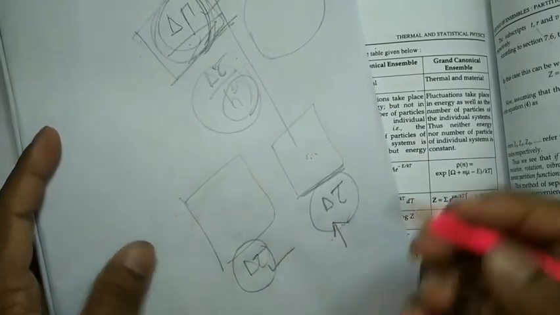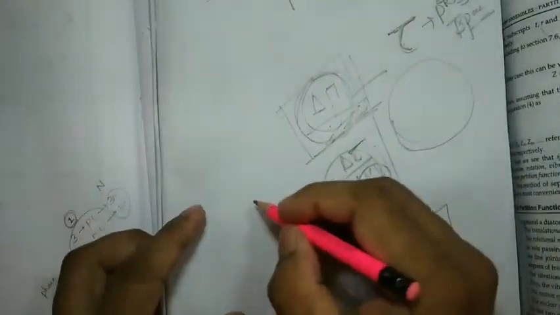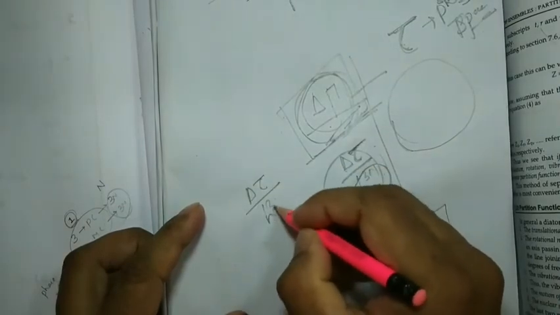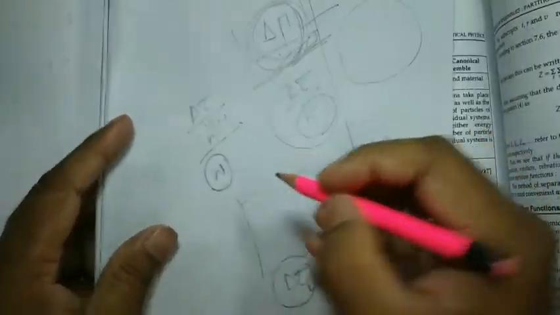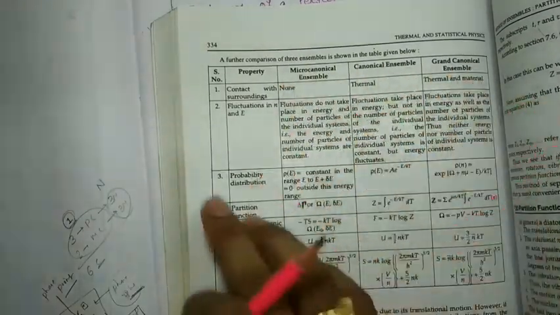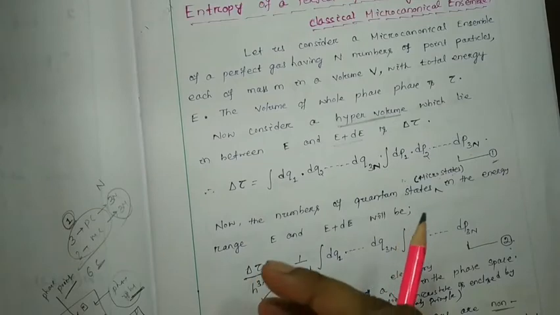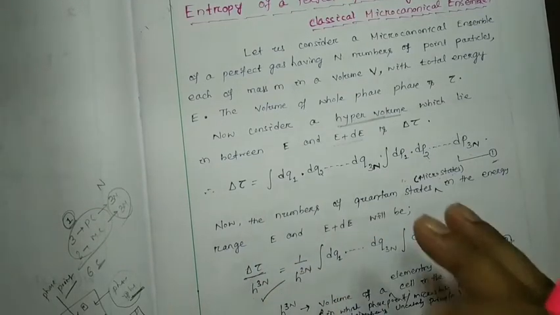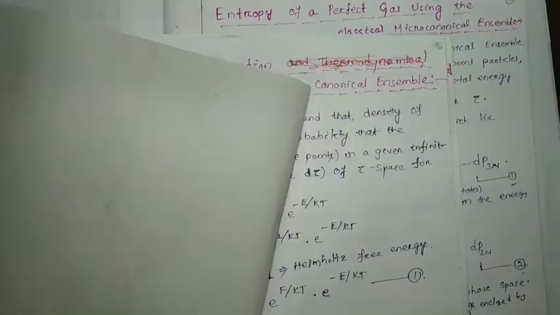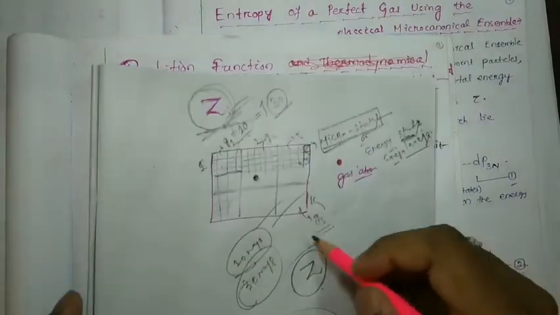So for that reason, different books represent the so-called volume differently: some books write del tau by h to the power 3n, or some write w, some write sigma, as the so-called partition function of your microcanonical ensemble. Okay, after completion of these three, I will give this table that you have to write. Again I'm going to say to you, whatever we discussed about the partition function of the microcanonical ensemble, you just write it down.